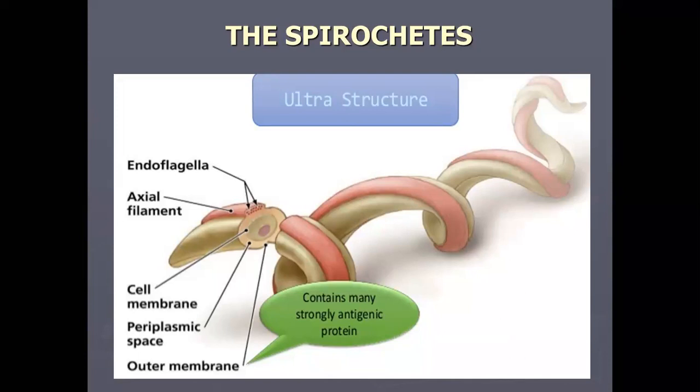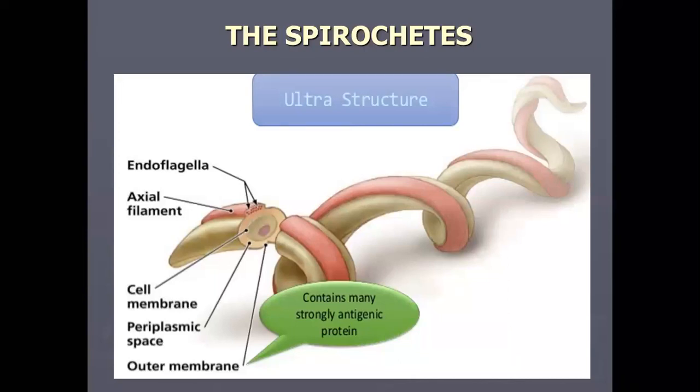We cannot see them. They are thin, small. They make coils, so we cannot see them under the ordinary microscope with the help of the Gram stain procedure or the SLFA stain. We have to go for some of the other stains that we will discuss. So I'm sure that you now comprehend